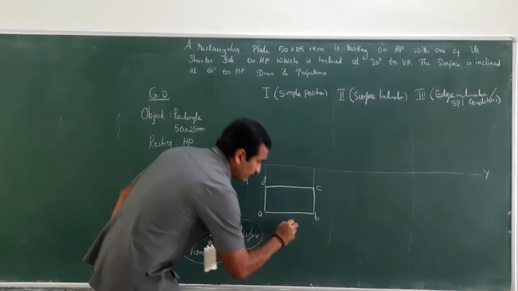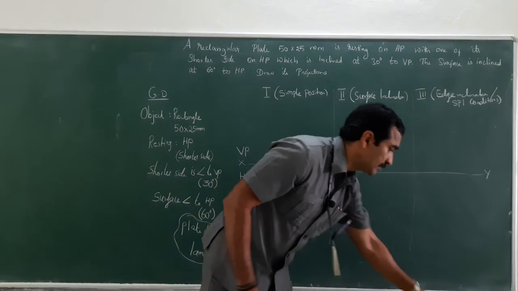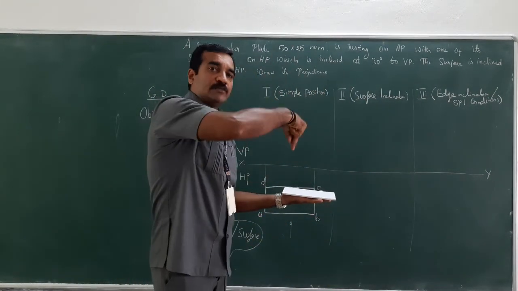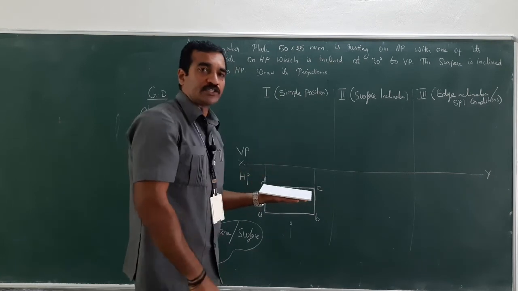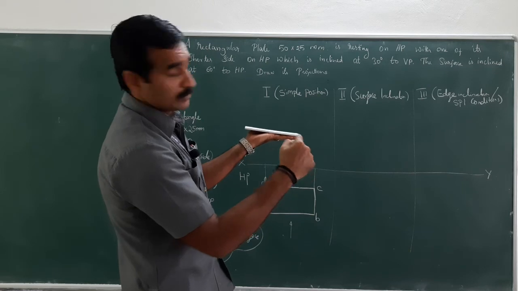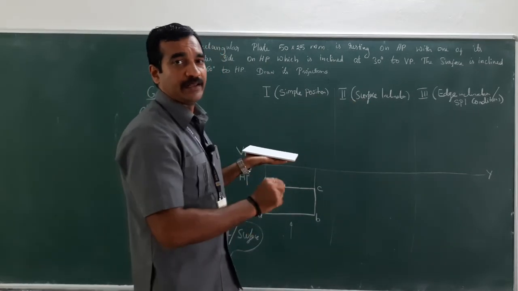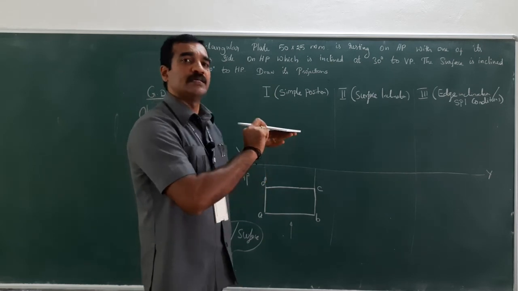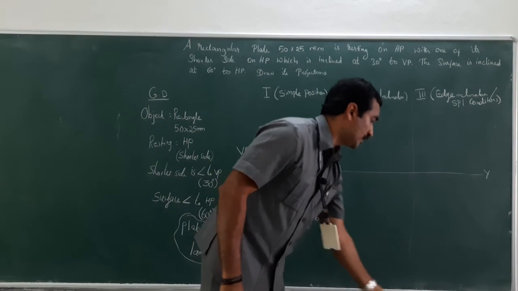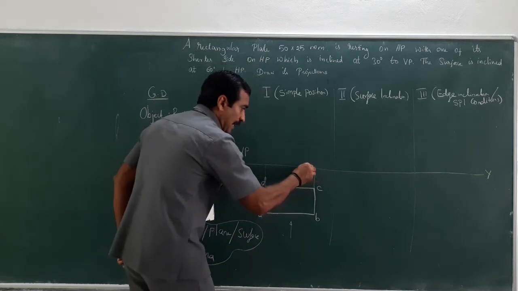When you just look at from here, that means this is the object, right? When I look at from the top, I could get the rectangular shape. When I look at from front, I could get a single line because the thickness is negligible, because it's a two-dimensional object, right? So, draw a line.